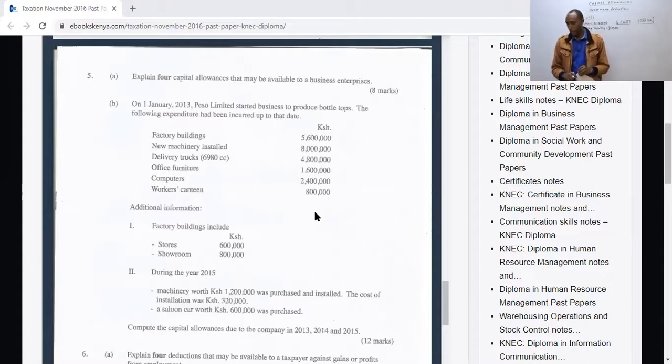So you need to look for a figure which is below. So then how do we do it? We come and we test 10%. So we have the store. So stores cost us how much? We have 600,000. Okay. So we have showroom,